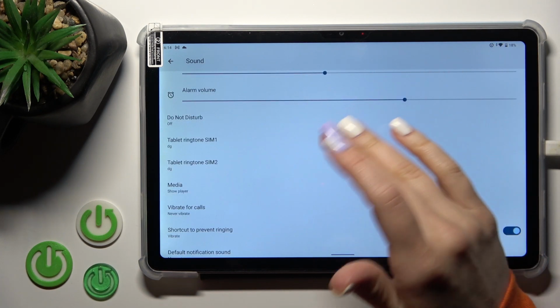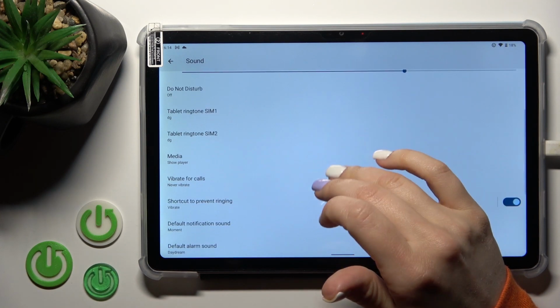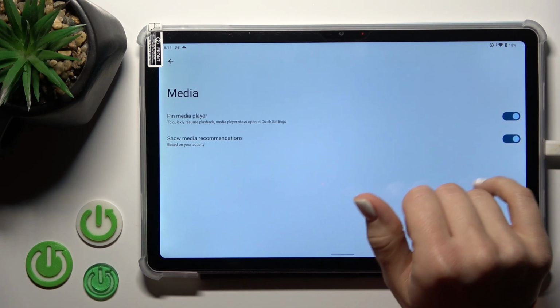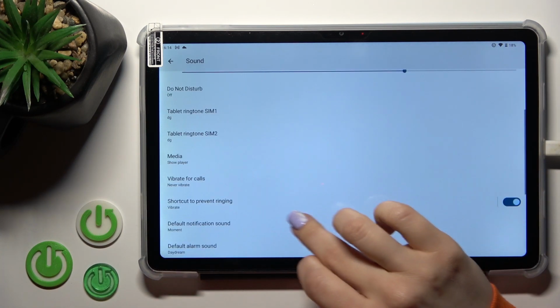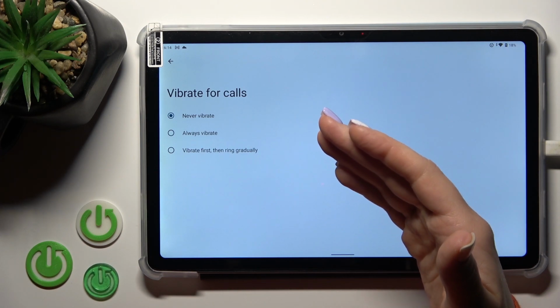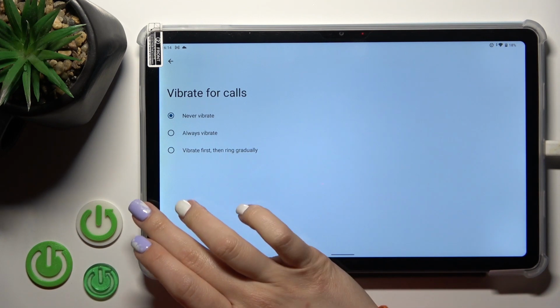You can turn it on or turn it off. To change the tablet ringtone, for SIM 1 or SIM 2. In the media section, we could enable the media player and show the media recommendations. Let's go back. Vibration for calls section: you could change the settings here to never vibrate, always, or first vibrate then